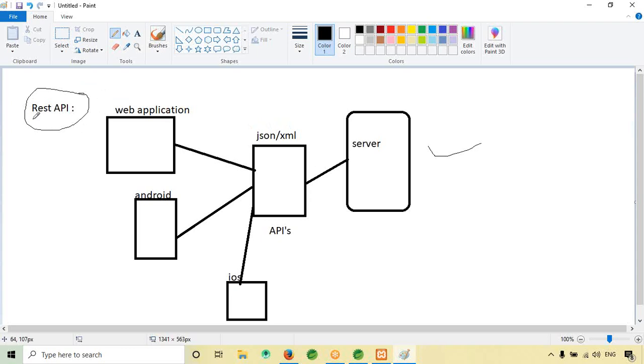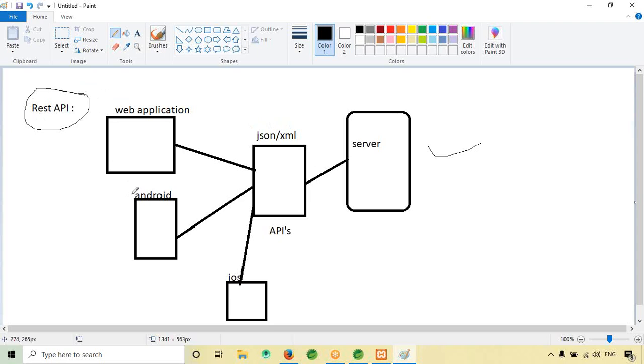Now in companies they use something called SOAP as well. So what is the difference between SOAP and REST APIs? SOAP uses only XML format. As I told you, if you use XML format, the data structuring will not happen.